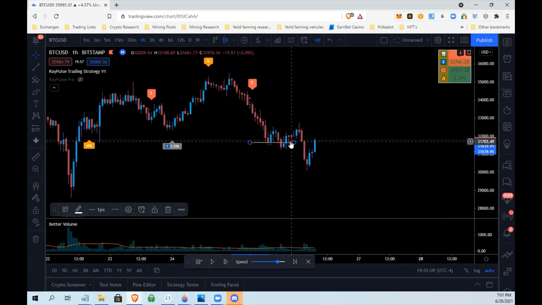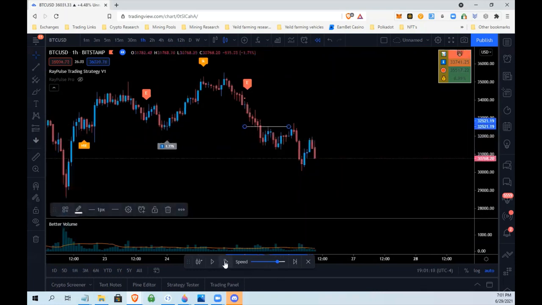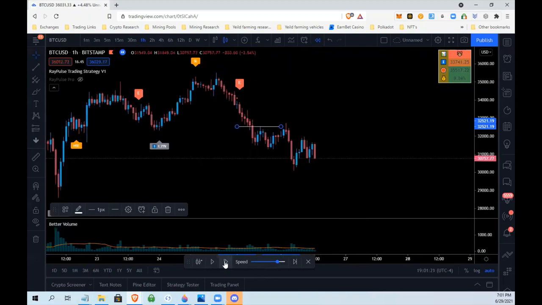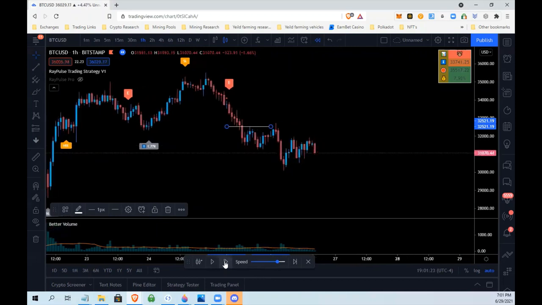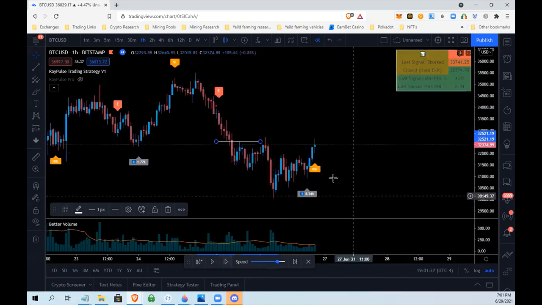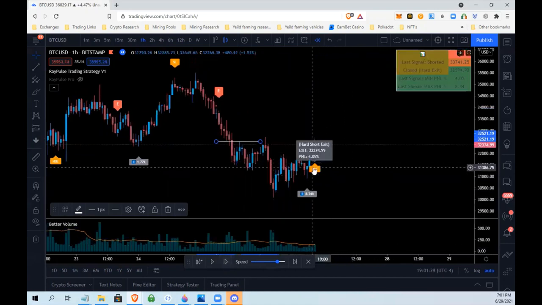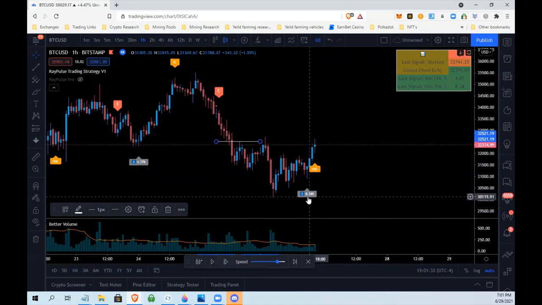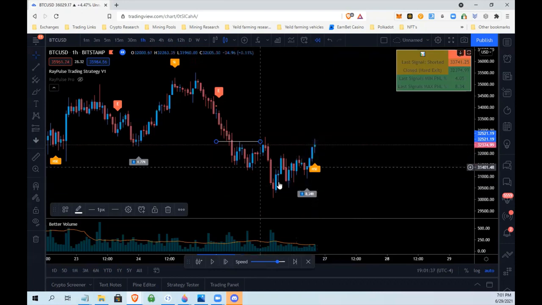So here I would have been stopped out of the trade in significant profit, but stopped out of the trade. Had I not moved my stop there, let's just see what would have happened. Bam, we get a hard exit with a P&L of 4.05%. With a max P&L of 8.34%, which is